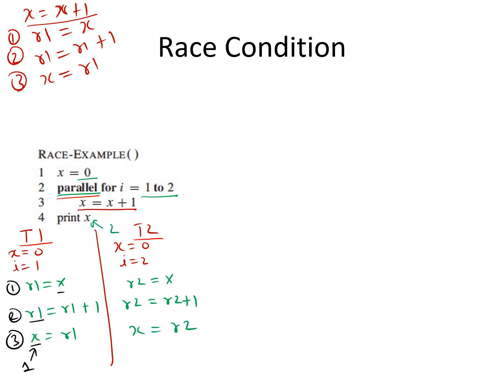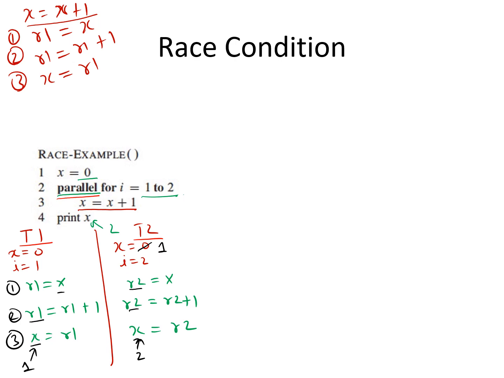Now after this writing has happened in x, if you start executing T2, instead of reading x equal to 0, it will read the updated value, which is 1. In r2 it will get a value of 1, then it will say r2 = 1 + 1, so this will become 2. Then when you write the final value, you get the value of 2 in x, right? So which is the expected value. However,